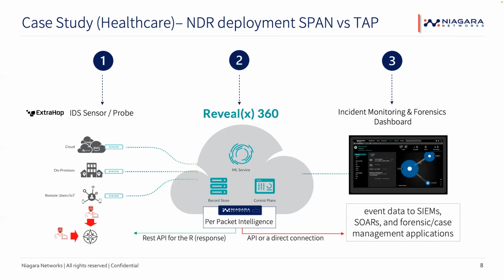So the end solution was to incorporate ExtraHop's RevealX 360 platform along with Niagara Networks' visibility controller, combined with both physical and virtual taps. We had actually investigated the AWS VPC mirroring, but had some reservations from the amount of traffic and not being able to filter that. And if you've investigated, you'll know that VPC mirroring is also not free, like the ones you get on your on-prem switches. So by implementing both the virtual tapping, the physical tapping, and the visibility controller, along with ExtraHop's NDR solution,